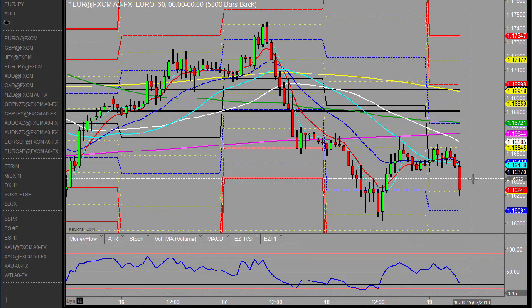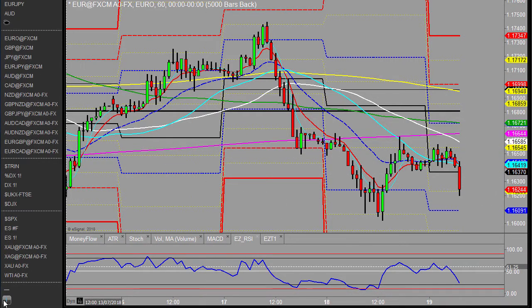But looking for some sort of retracement, need a half decent retracement to maybe even back to the trend line that sits across there. I'll just pop that on there to